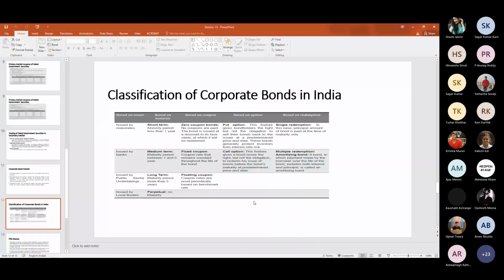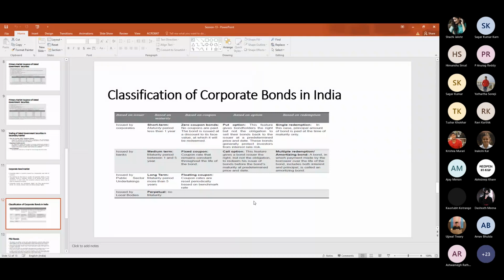So generally, this type of bond protects the investors from interest rate fluctuations. There is an interest rate risk, because if there is a change in the interest rate, then the price of the bond will change. So if you want to invest in this particular bond at that particular point of time in the market, maybe it is not profitable because the price of the bond has gone down. In that case, if you want, you can sell back that particular bond to the issuer itself if the bond has a put feature.